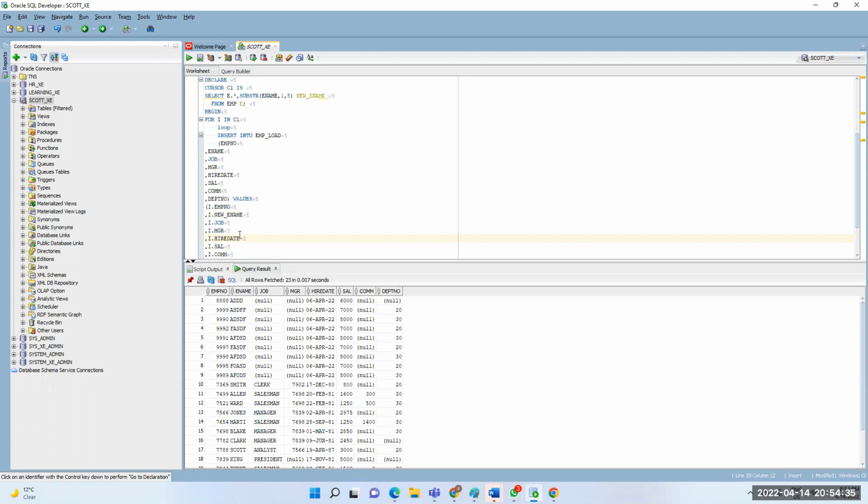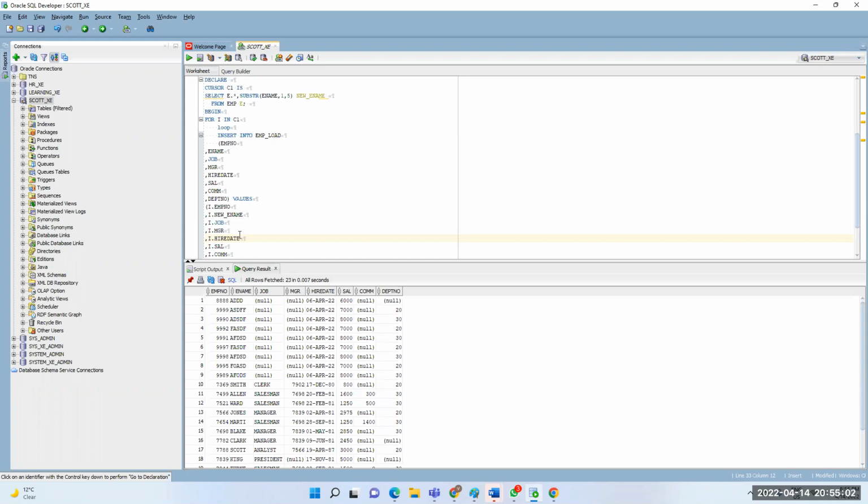IS is the keyword again, and then the linked query. What is the query you want? It may depend on joins also; in the query we can have joins. Some data we are fetching from the employee table, some data from the department table. Then we load the department name and all those things into the other, different table.